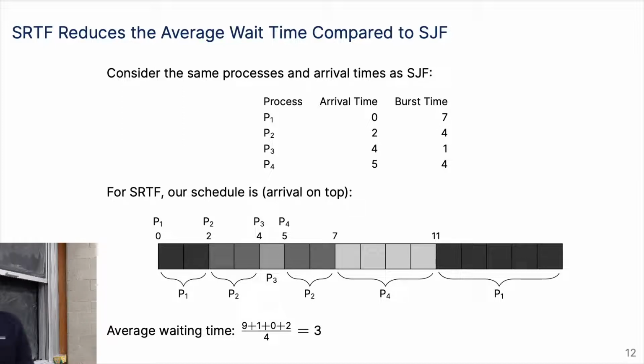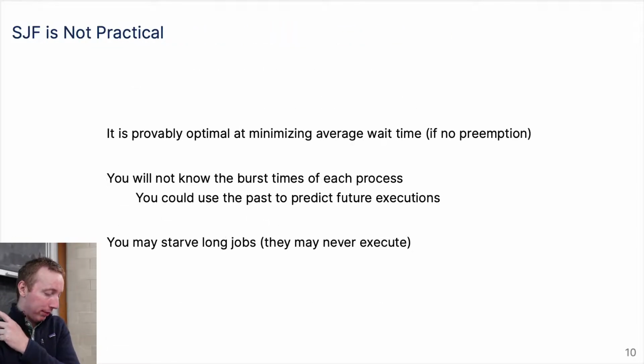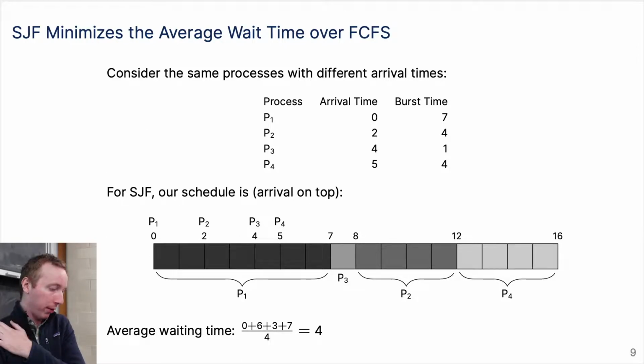So it prioritized the shortest job, or the shortest remaining time. So the short task, we just switch to it, we get it done out of the way, and reduce our average waiting time. So like before here, our average waiting time, since we can preempt stuff, was 3. In this case, it was 4.